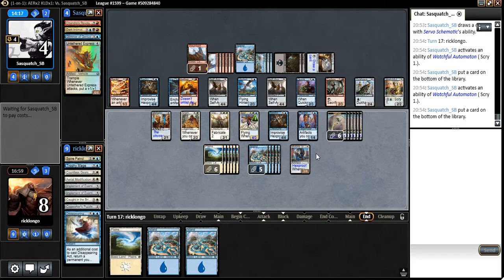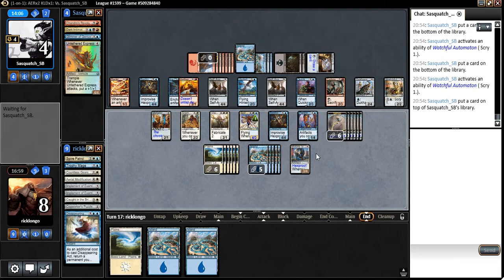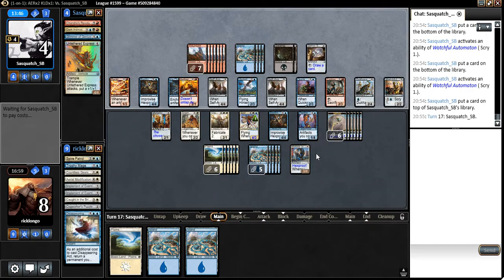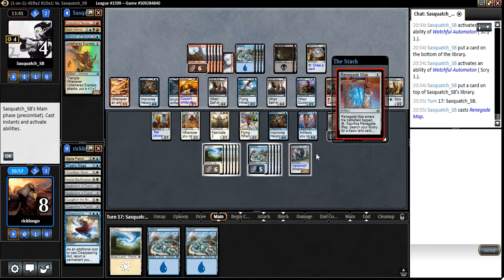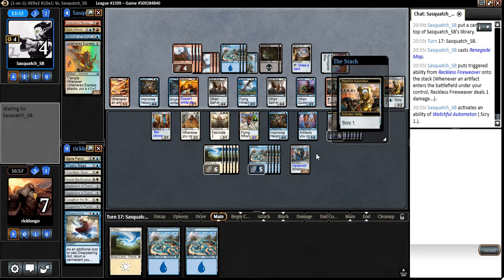He puts 2 cards on the bottom and a third where? On top. So it's probably a removal spell, maybe another flyer. Not sure what that might be. I mean, I guess time is also a consideration here. He has less time on the clock than I do. His deck is also fine. Ooh, Renegade Map. Alright. Dealing damage to me, and I guess that's another effect that he gets to sacrifice to deal damage to my face, right? Which is not going to be very...